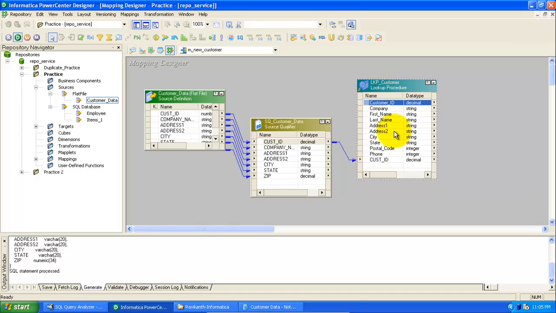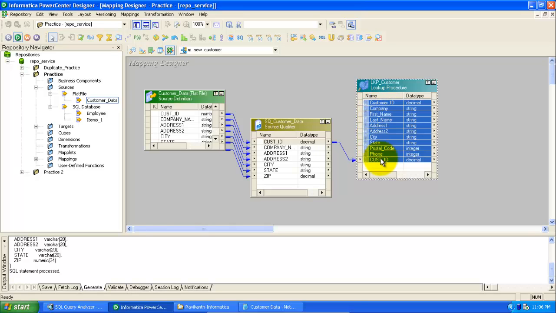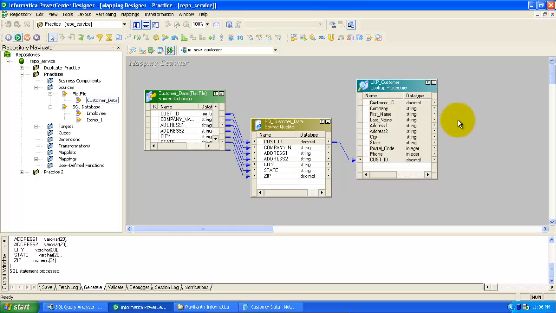So what does this lookup transformation do? Again I will explain. If the customer ID is already existing in the lookup table, then this transformation is going to return the customer ID. If the customer ID is not existing in the lookup table, then this transformation is going to return the null value. Okay,